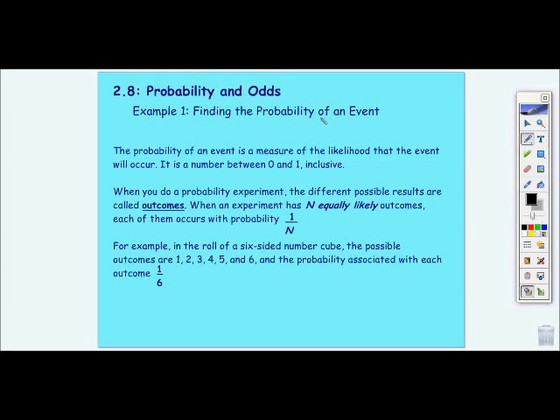2.8 is on probabilities and odds. Both of these have a lot of vocabulary in them. Again, you might want to pause and go back to these when you're doing your work. I will try to highlight what the most important difference is. So I'm going to go past this first probability one, and I'm going to